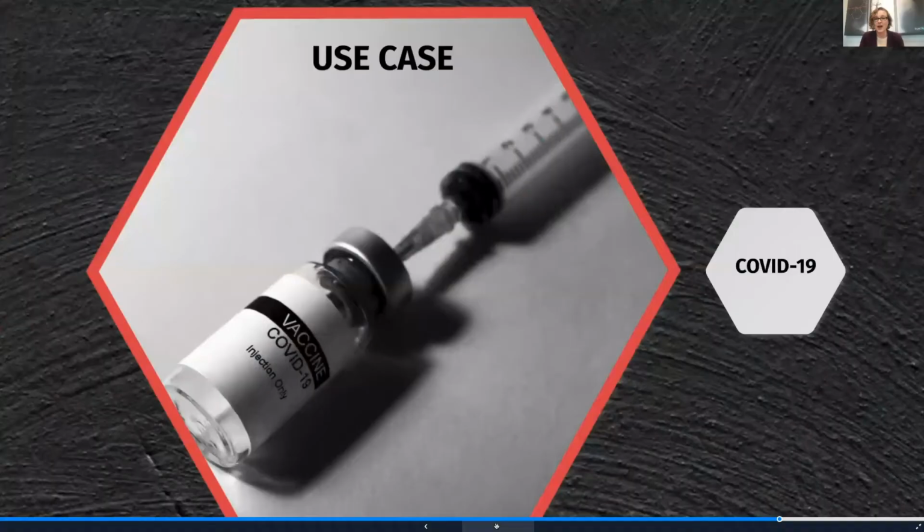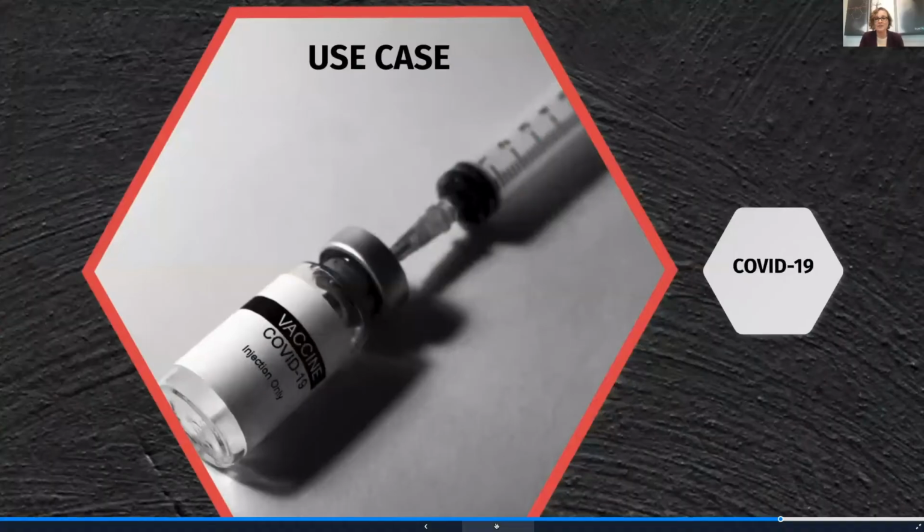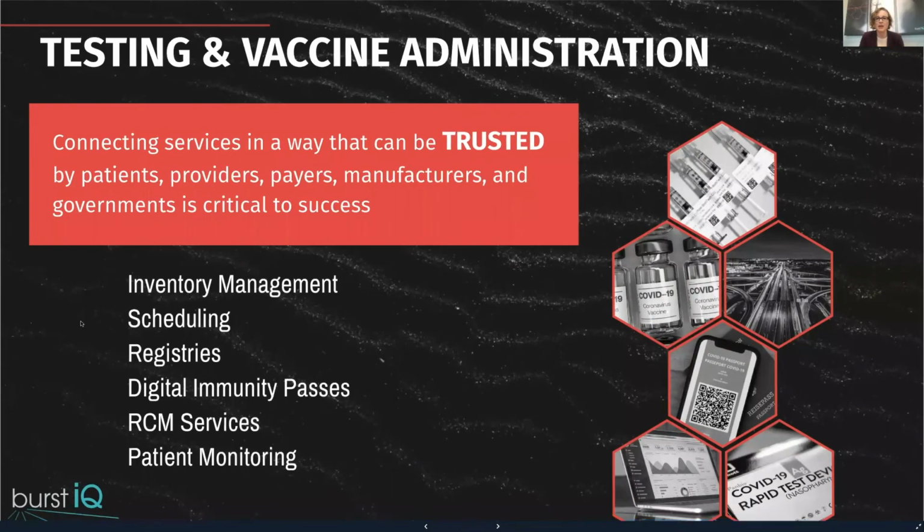But the last one I want to highlight is a little more immediate. I mentioned at the beginning some of the hiccups with vaccine administration. Vaccination sites have been, we've heard reports of them running out of cards. Cards are being forged. Inventory is being wasted because people don't show up for their appointment. People are struggling to figure out how to make an appointment. These programs have a lot of moving parts. You have to coordinate between multiple different distributors and providers and insurers and public health agencies. It's really hard to make it all work seamlessly.